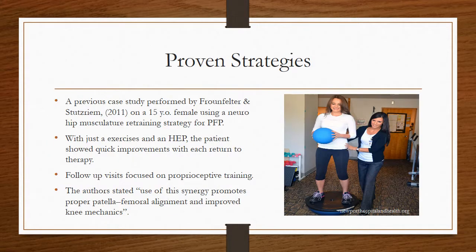So we asked what strategies had been proven. A previous case study done in 2011 with a 15-year-old female athlete showed that a plan of care directed specifically at hip musculature strengthening and proprioceptive retraining showed great results for the patient. She was brought in and given just a few exercises, and after demonstrating that she understood them, was sent home